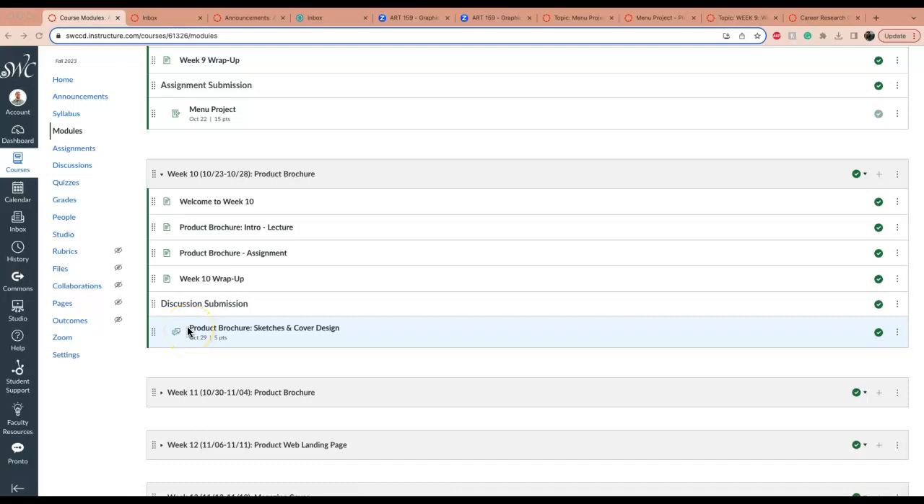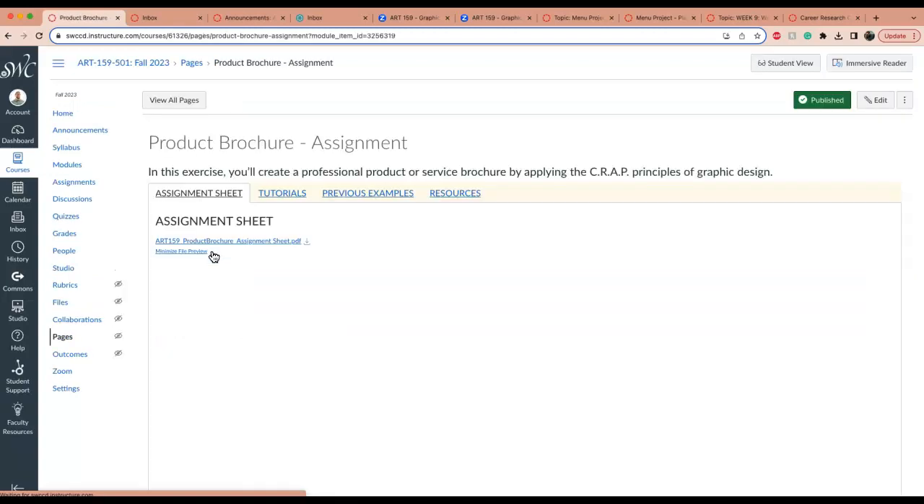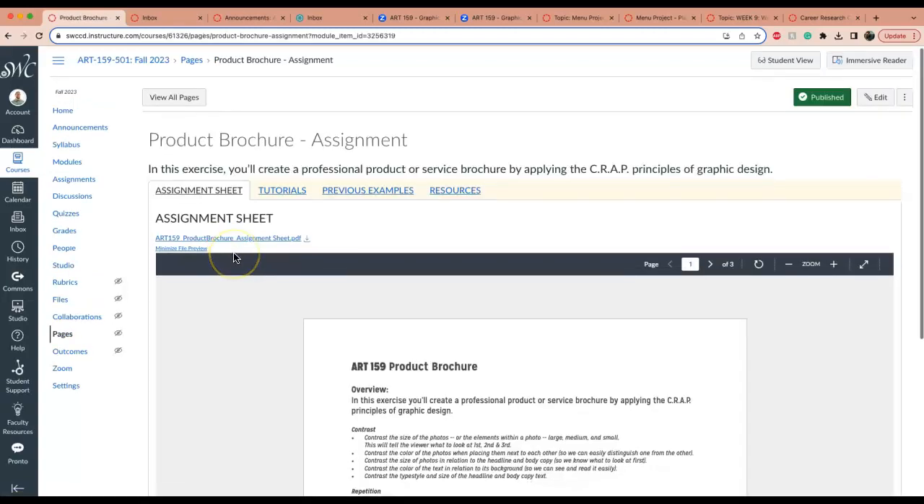This is the tutorial for the ART159 graphic design layout class, the product brochure cover. First off, I want to start inside the week 10 product brochure assignment here and just take a look at